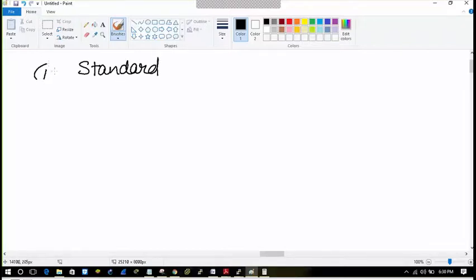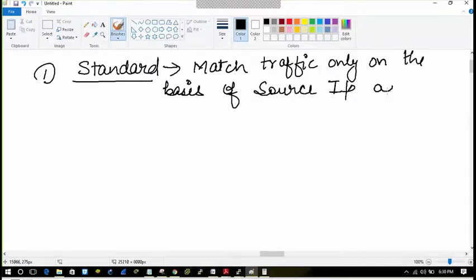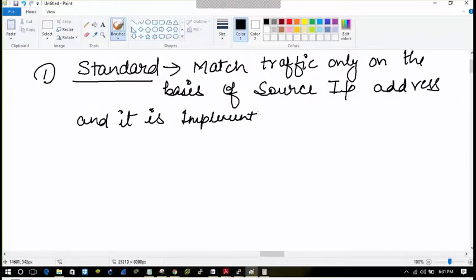In the standard one, you can permit or deny, and you can match the traffic only on the basis of the source IP, and it is implemented near the destination.